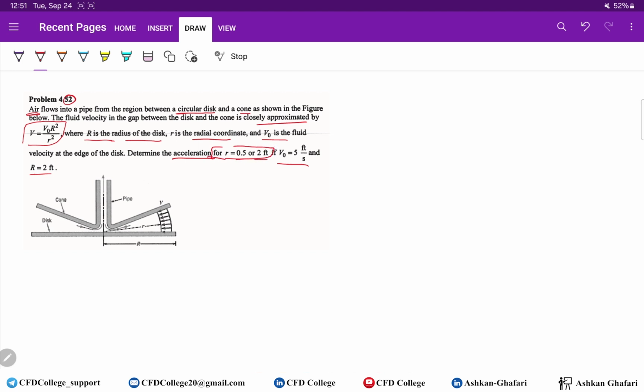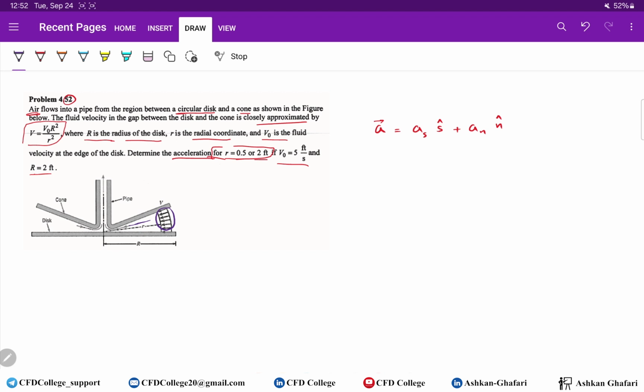So everything is just the same as what we did in the previous problem. As you know, the acceleration equals as plus an in the normal direction. As I mentioned before, this is the streamline. The streamline is straight. You can understand it by this velocity distribution, which is uniform. It means that we don't have any velocity gradient in